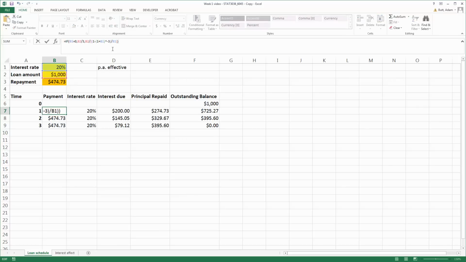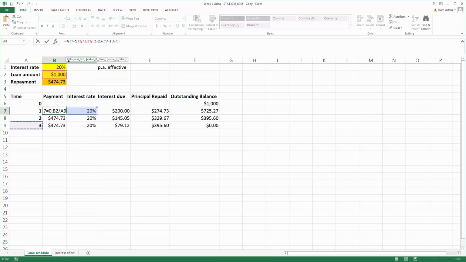Now what I want to do is update everything that refers to interest rate, the B1. I want that to be C7 here, and that can change as I copy down, so I don't need any dollar signs. So B1 there can be C7, B1 there can be C7, and that's perfectly fine. Now I want to change this time frame here, which is 3 years in the initial calculation. I want it to be based on the number of payments left in the year that it's calculated. So let's change this 3 here to be equal to,